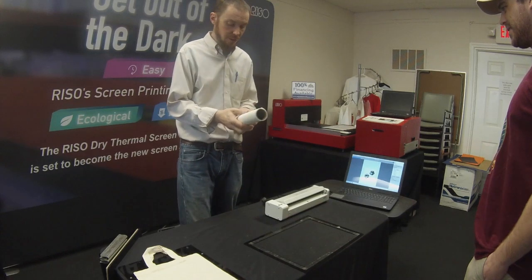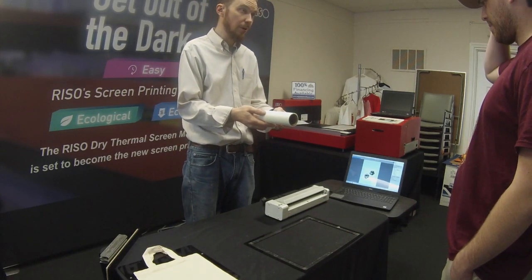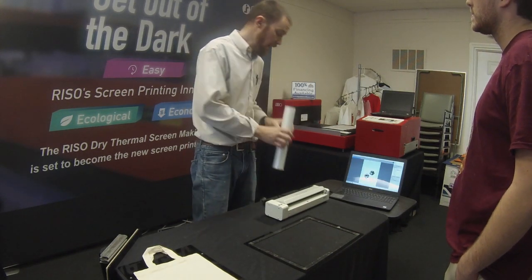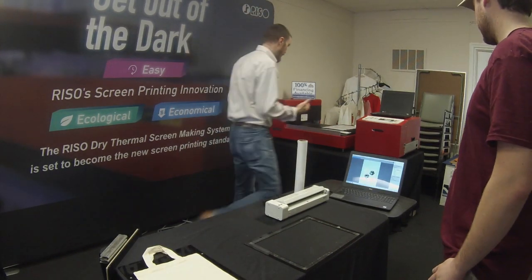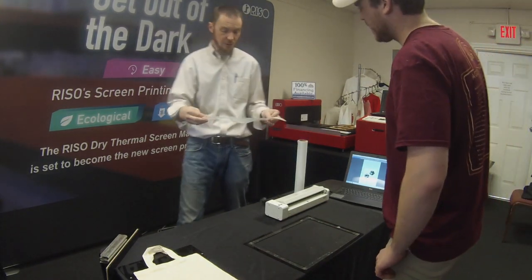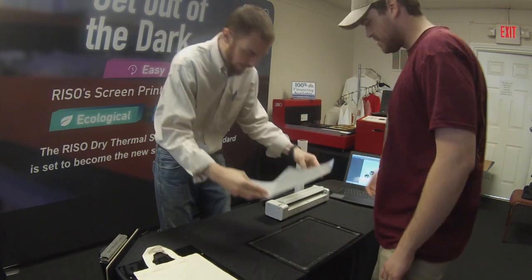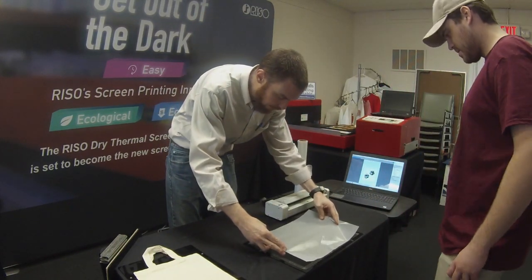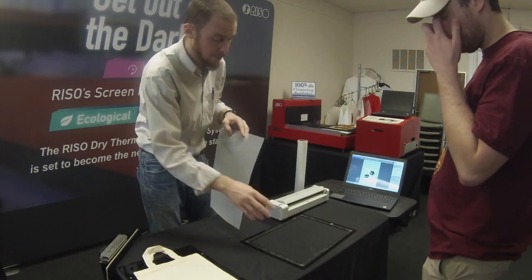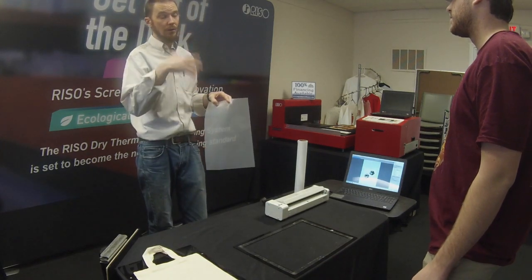So our mesh itself actually has a coating on it, a thermal coating on that mesh. Now normally I would be using what comes with the actual MyScreen, which is an actual sheet of mesh. This would fit right down onto this frame here, and we print directly on it. I'm going to show you that, but I also want to show you